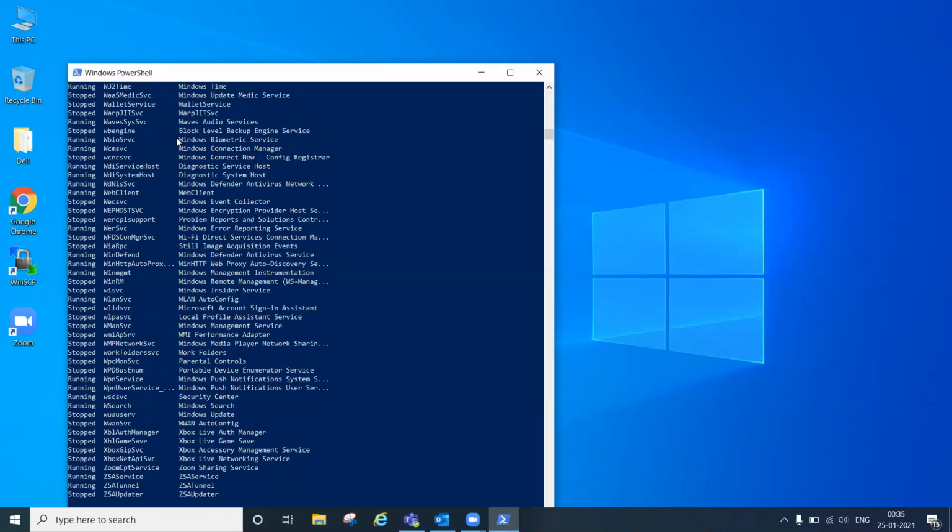We can perform many tasks from this interface, like for instance, running scripts. This is the default PowerShell interface that comes pre-installed with your Windows operating system.